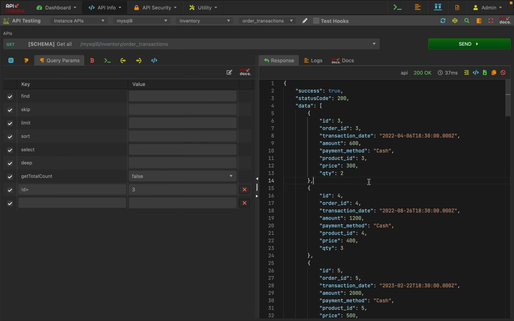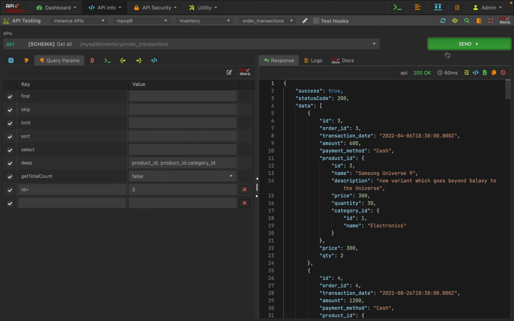Let's have a quick look on find join feature. In this data, let's say we are getting all the data. Let's depopulate. Okay, now we want to find all the order transactions of the category ID 1 or of the name electronics. So how we can write this query? In the one API call, we can directly write like this: product ID